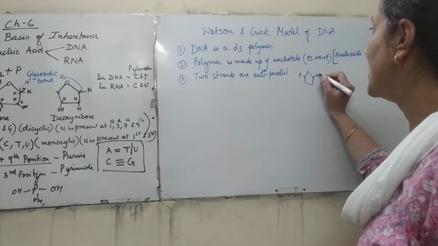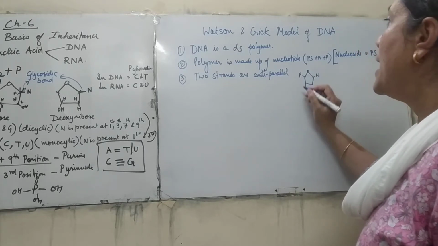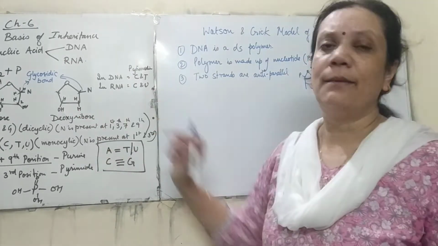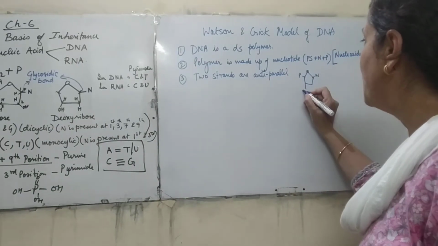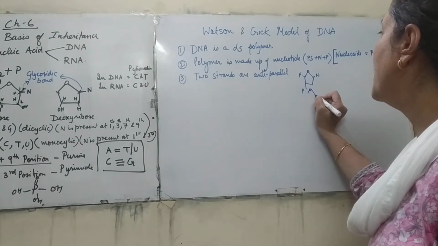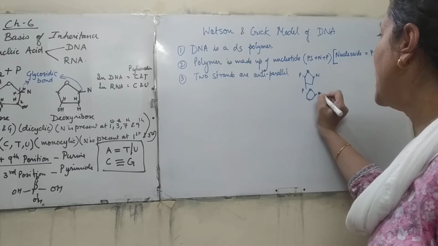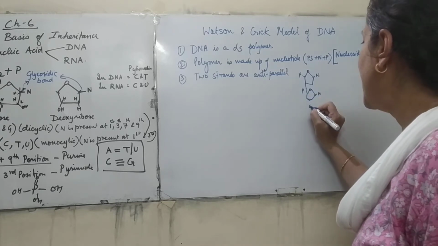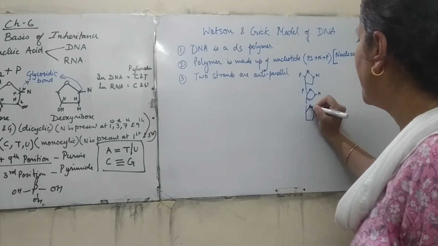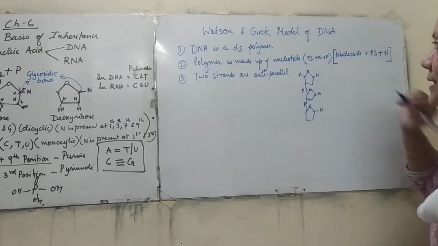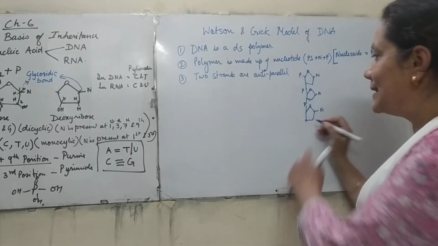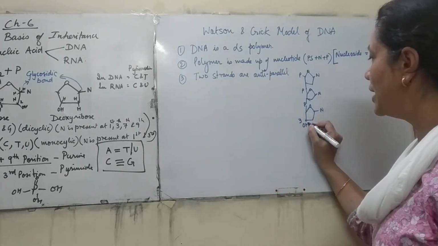This was the phosphate, this was the nitrogenous base, and the second nucleotide joins through the third carbon. That is the third carbon, there is a hydroxyl group. So another phosphate will join here and this is going to form the chain, and ultimately a chain of nucleotides will be formed. This is the way. Now if we see here, this portion there is an OH which is free and this is the third carbon. The third carbon OH is free.